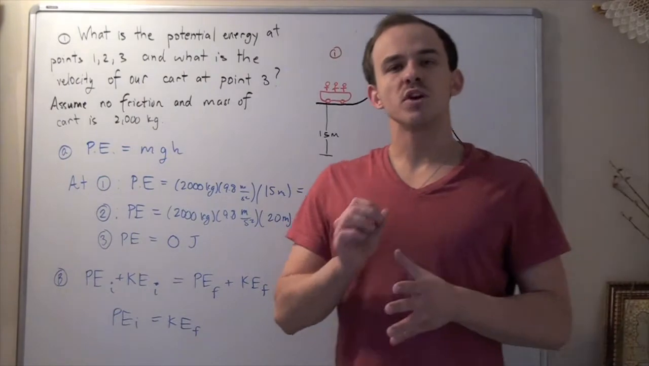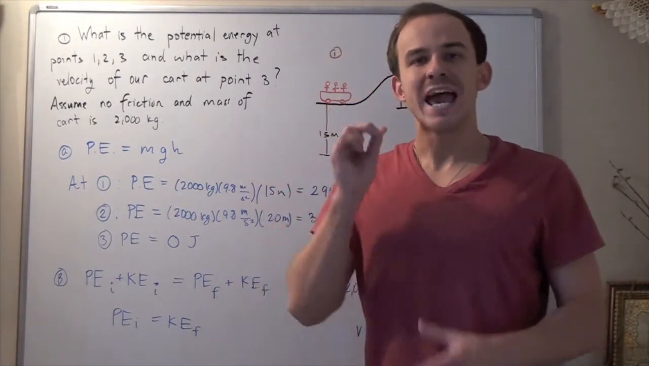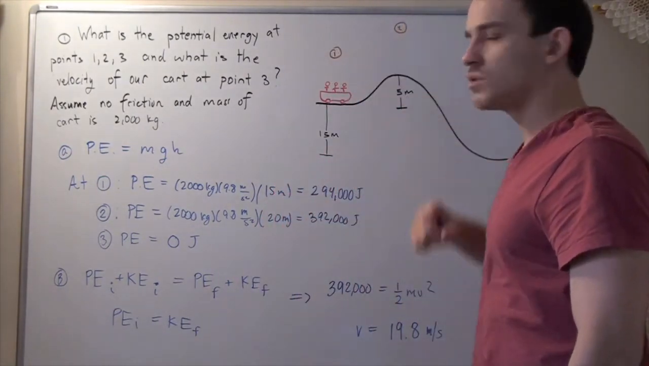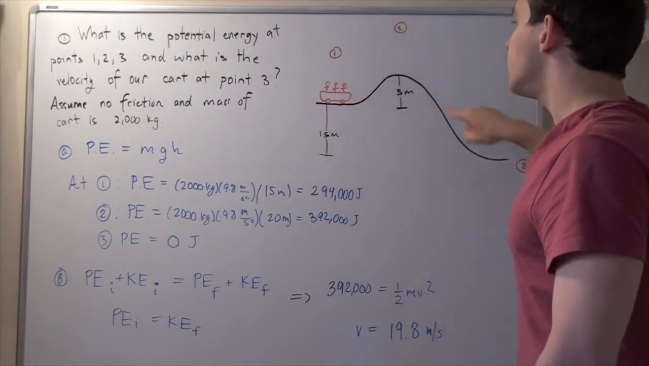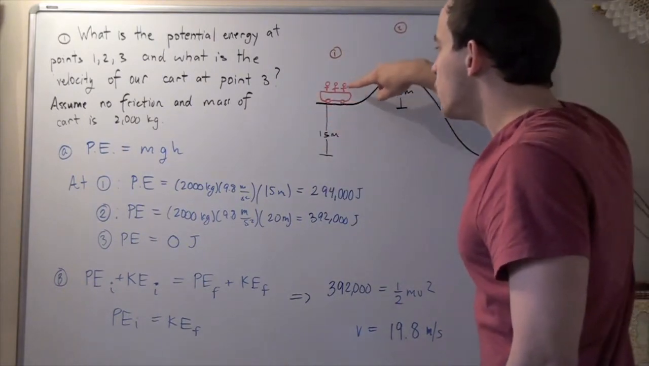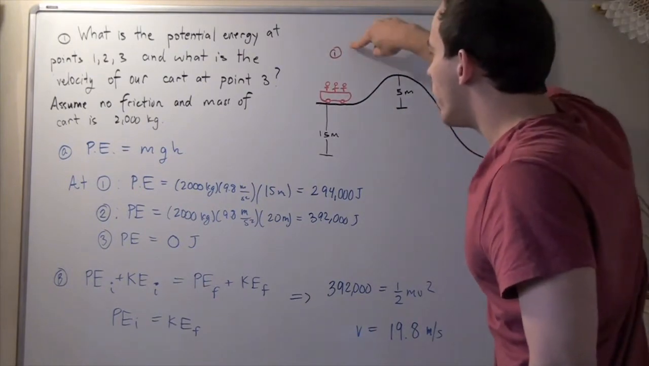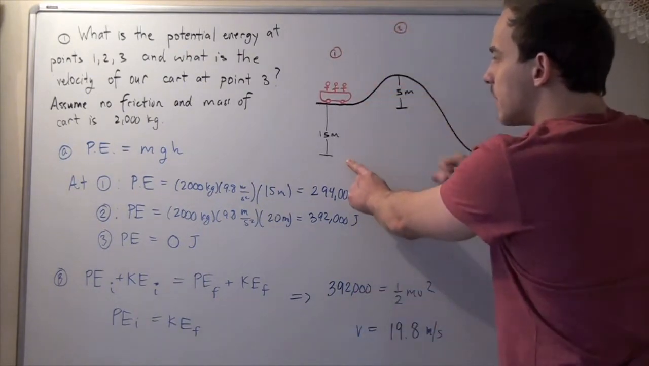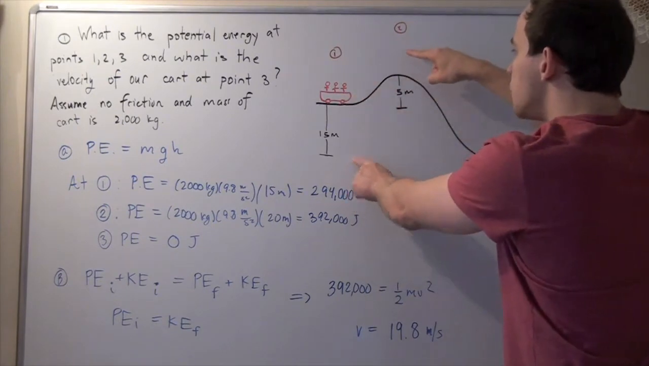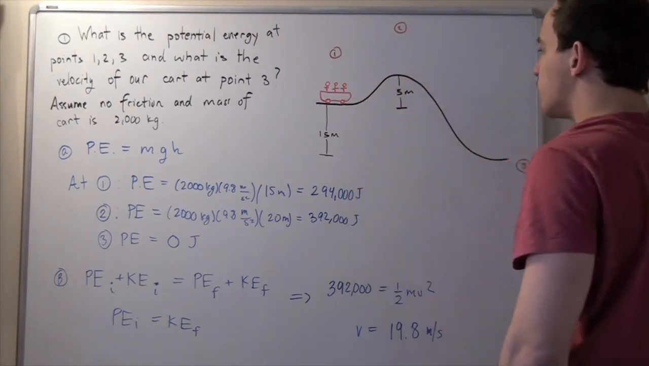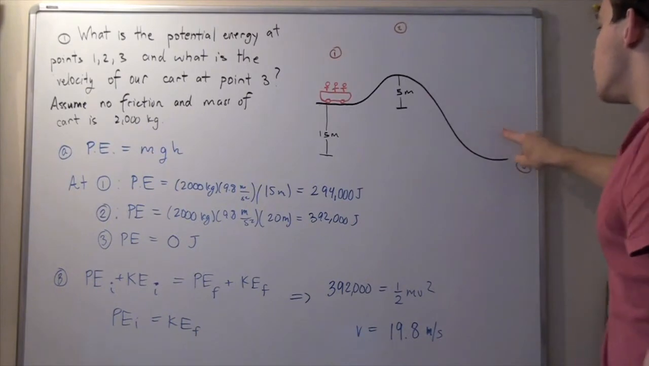So in this example, we're going to explore the potential energy of this roller coaster cart as it goes up and down the roller coaster. A 2,000 kilogram mass roller coaster cart begins at point 1, 15 meters above the ground. Then it travels to point 2, 5 more meters above the ground, and then it jumps down to the ground